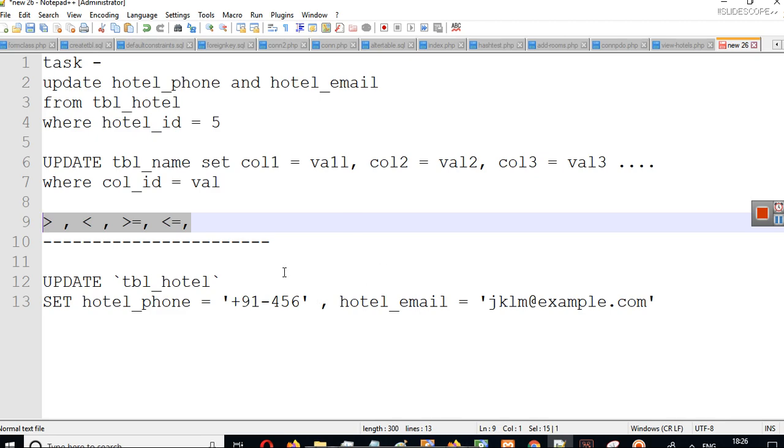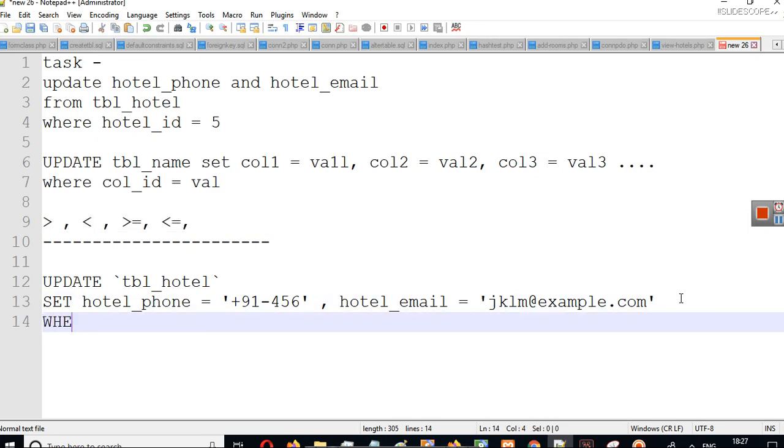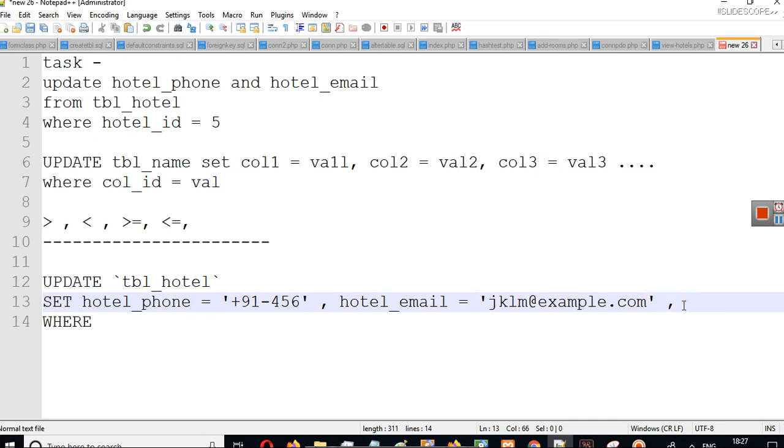And the select query with where clause was posted before this video, so I think you have a fair understanding of that. Now update TBL hotel set hotel phone is equal to this, hotel email is equal to this, and now where, because we don't have any other condition, we are not going to write a comma here, the comma will end here.